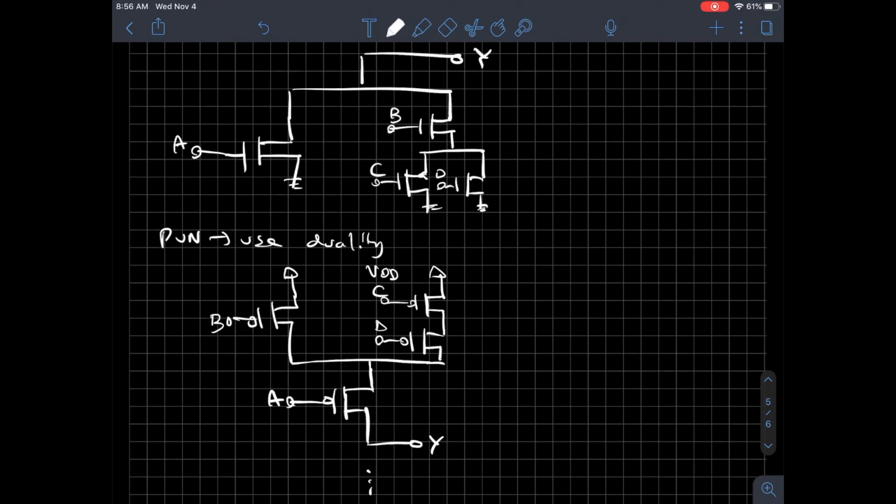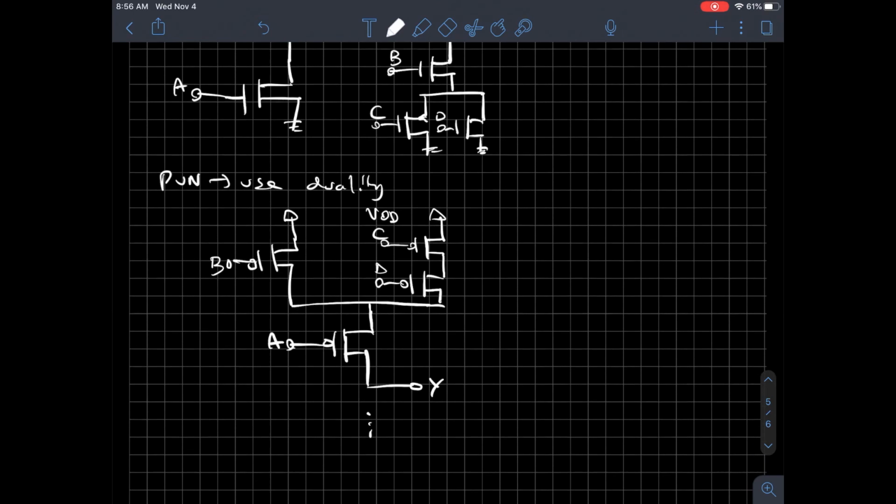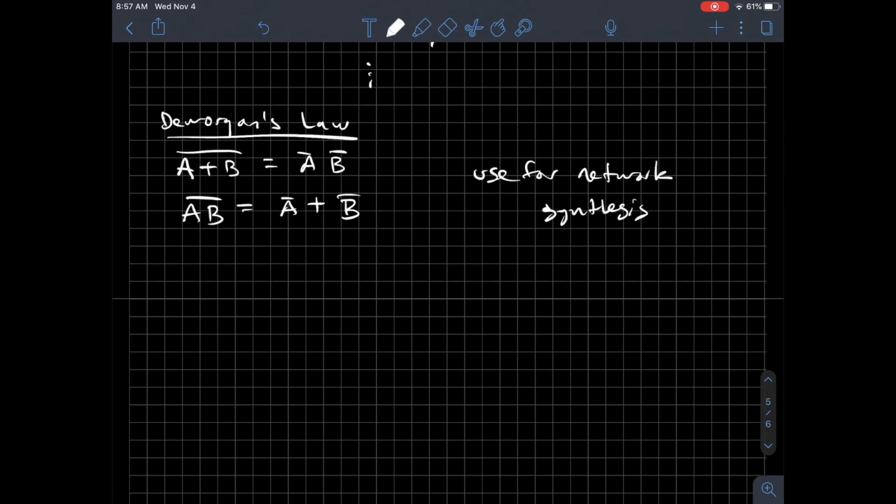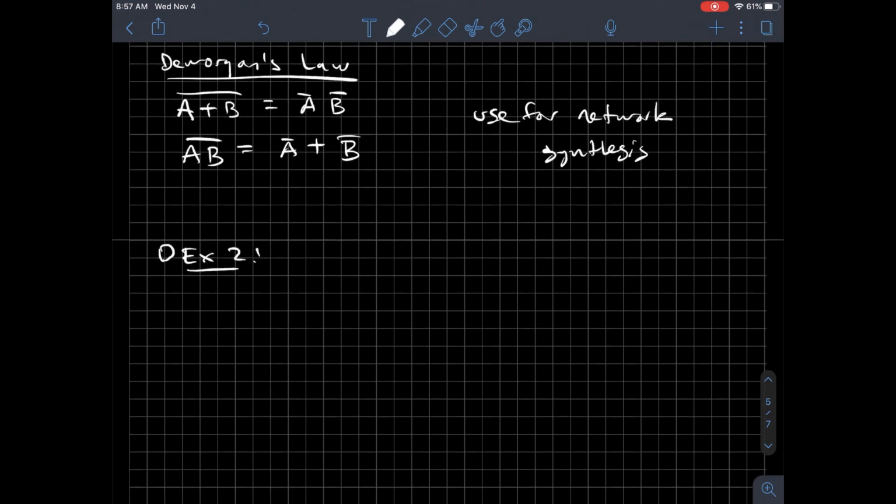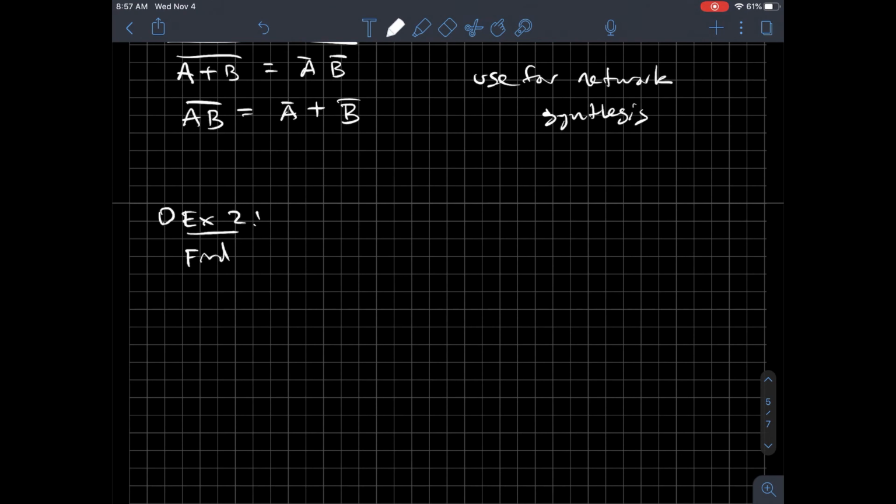And I'm done. If I put the pull-up and pull-down network together, I will have my whole CMOS network. So if I go down and look at another example here, let's find Y equal to not (A and B) or (C and D) in terms of complemented